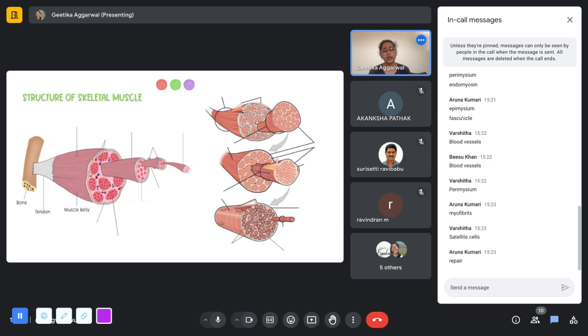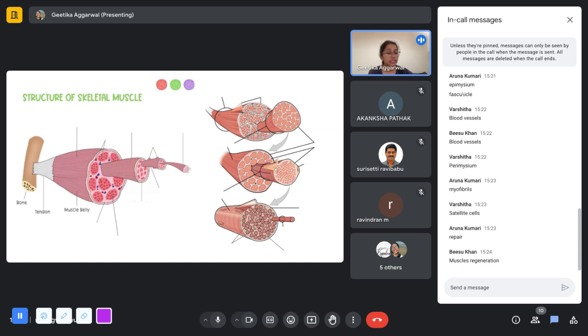How do they help in the repair of muscle fibers? What is that characteristic about them that helps them in repairing the muscles? So these satellite cells, basically, they are the stem cells. They have the property of differentiating into and forming the muscle cells. So stem cell is the term that I was looking for. The satellite cells are basically stem cells, and they have the capacity of differentiating into muscle.